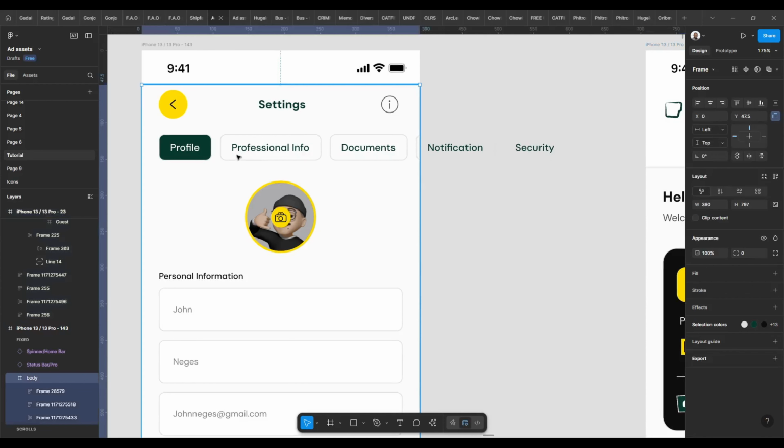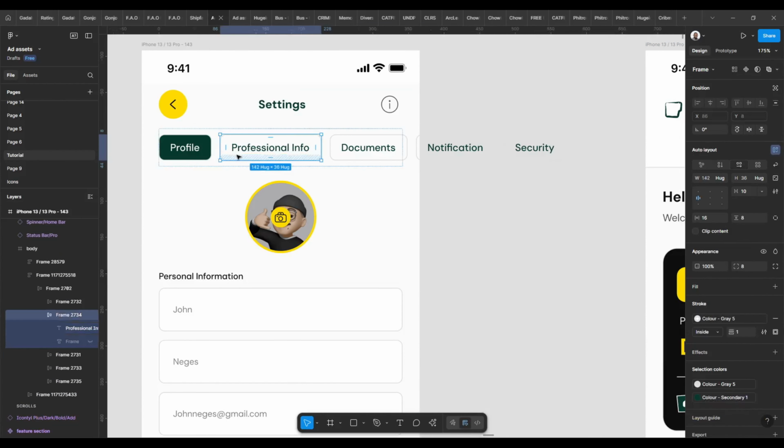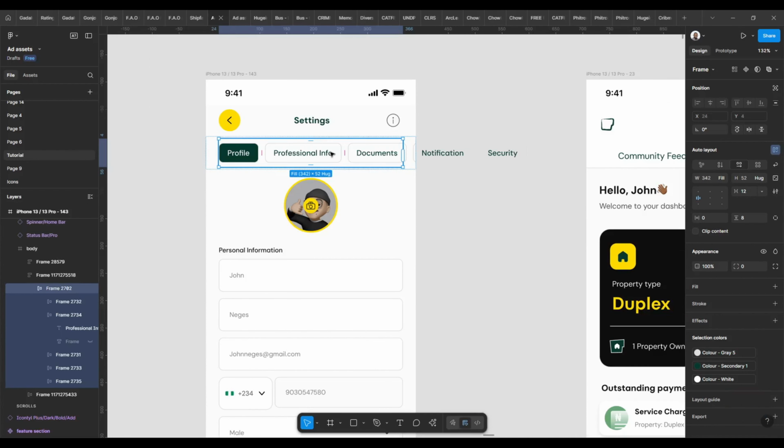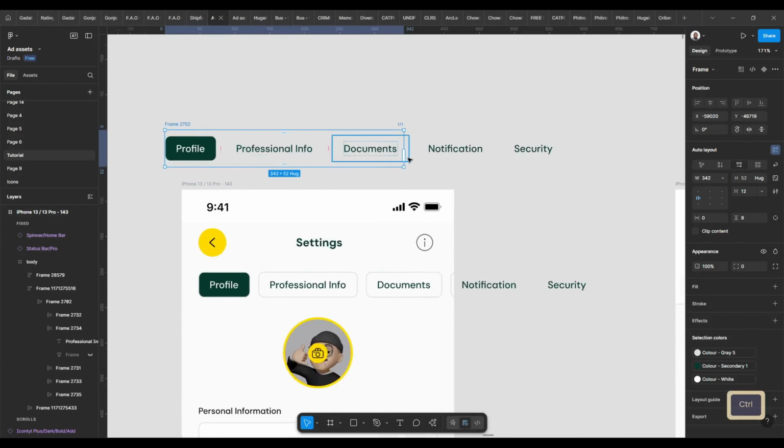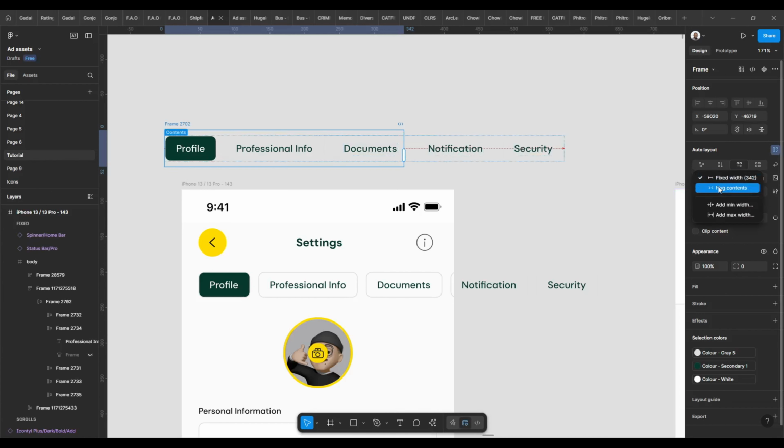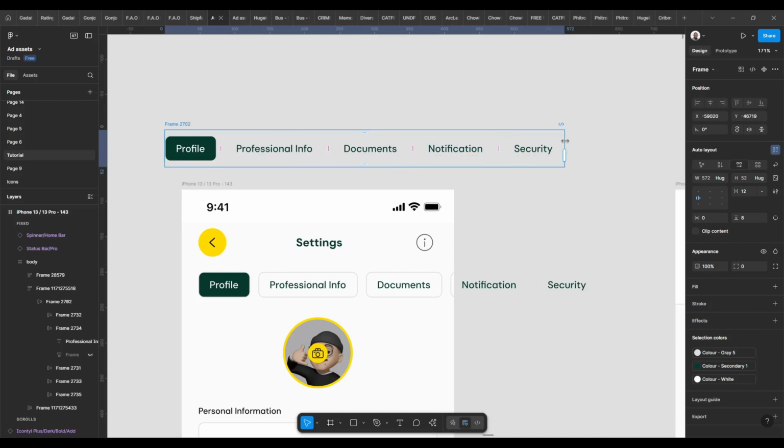So this thing basically is an auto layout frame, right? This is an auto layout frame that is carrying this. So let me bring it out so that you can see it better. This is an auto layout frame that is carrying all of these tabs, right? But the one thing that is very unique here is that there are some parts that are overflowing out of the auto layout frame. So what I did is, after making this auto layout frame wrap all of this content, you now manually adjust it so that it will match the width of the page that you want to place it,